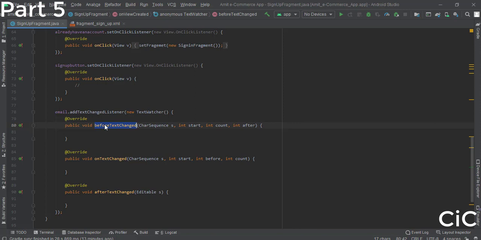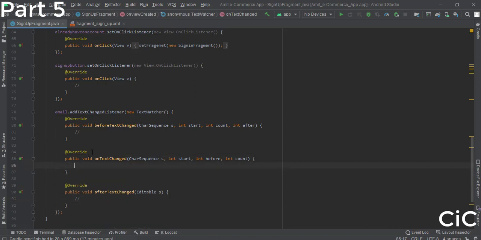Let me explain something. Before text changed is used when the user hasn't entered anything. On text changed is used when the user has entered the email, and for further verification this is needed. After text changed is for when the user has entered and pressed. Basically, to summarize, we don't need this, we don't need this either, we just need this one.